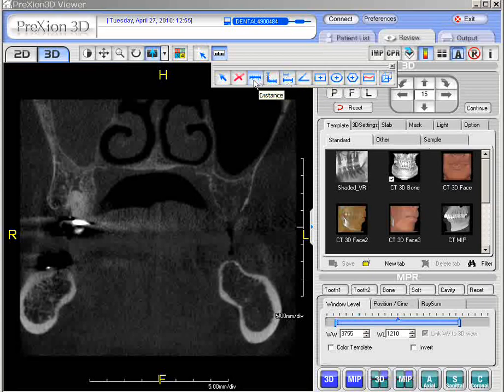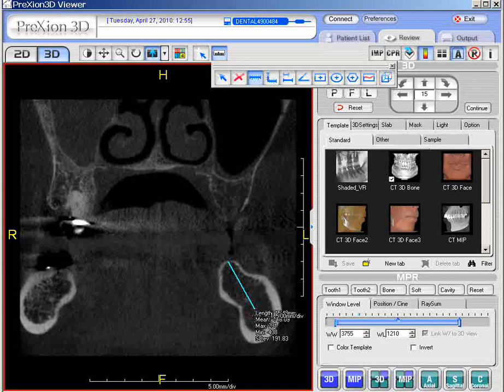But for distance, what you do is you point your arrow to it, left click it, it's now highlighted blue, and now you can take your caliper, and with the upper portion here, in this case the upper ridge, I'm going to left click it, I'm going to drag and release, this being the mandibular canal here. So once that's performed, you have a measurement up top. If you look, the length is going to be in millimeters. Mean, max, and min are numbers that are displayed with the pixel density along the line that you have created. So that's all these bottom 3 or 4 numbers mean, standard deviation obviously. And then the top number is the most accurate in terms of what we are looking for when we activate